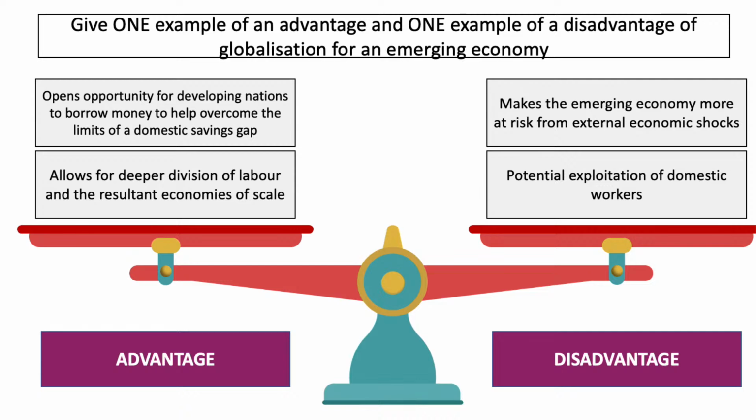We also have the potential exploitation of domestic workers. We know that when businesses are set up in emerging economies for the purposes of trade, they tend to be very labour intensive. However, if labour is your key factor of production, then it might be that there's an incentive to try and decrease that cost as much as possible. And therefore, we've got potential exploitation of those domestic workers because firms will be looking for countries which have the lowest labour standards because that's a rational thing for them to do because then they won't have to pay as much. Some really great answers there.